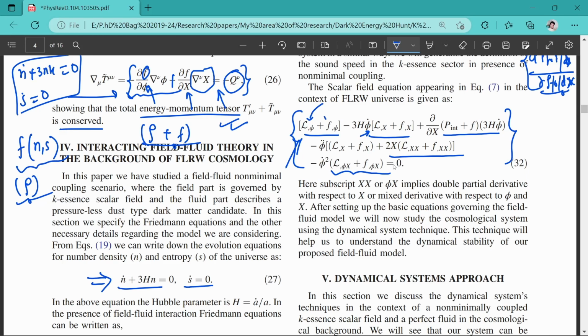So for that purpose, what we have done is that we have used the dynamical system approach. Now the whole physics is completely clear to you. You have defined the Lagrangian, you have found the energy momentum tensor, and you have found that individually they are not conserved; they will be conserved when the total energy momentum tensor is conserved, and you found the field equation. Together with this, following the constraints that the number density must be conserved and the whole system is in an adiabatic regime, we are now converting everything to the dynamical system approach. Now from here the complete mathematics starts.